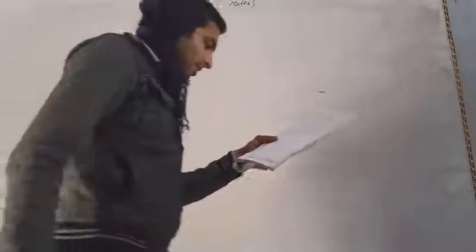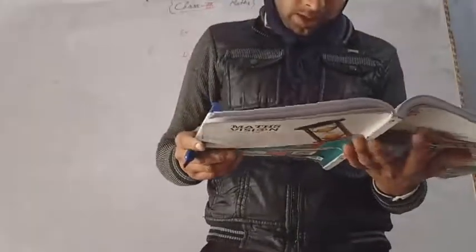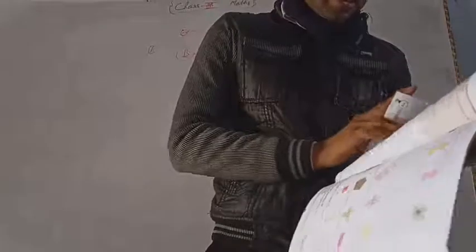And it also asks to list 4 letters of the English alphabet. So this is easy, and you have to also solve the remaining problems. We will also solve them next day. You have to solve this exercise and learn all the definitions.